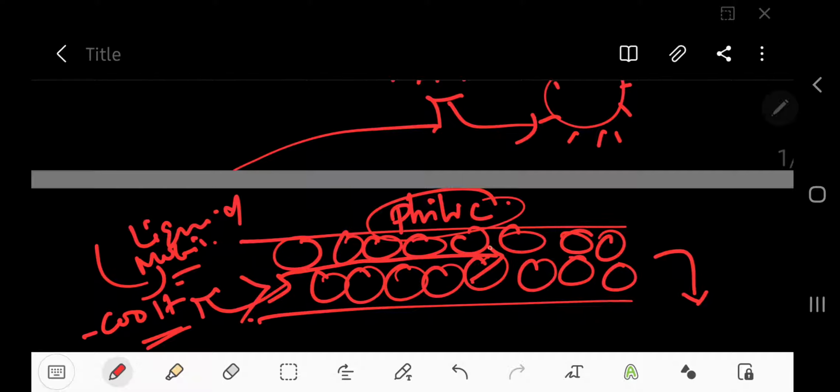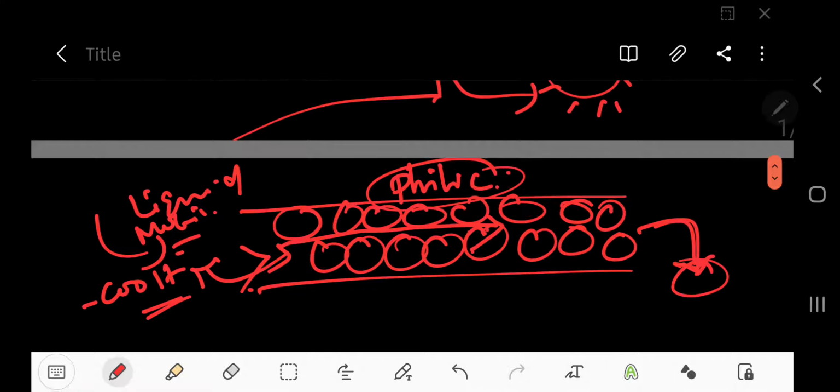Now suppose both nanoparticles are introduced in the liquid medium, traveling across the stationary phase. As the stationary phase is hydrophilic, it will interact more with the nanoparticle which has more hydrophilic sites, the nanorods. So the nanorods will stay a longer time in the stationary phase than the spherical ones. The spherical one can come out very easily before the rod, so the spherical one will come out first, followed by the rod. This is how we can separate, right? It is all about the interaction between the stationary phase and the material we are separating.